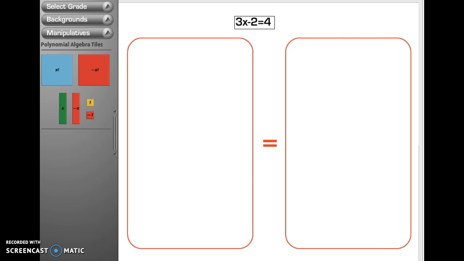Since I don't have a document camera here at home for me to use with you, I found a wonderful site from Glencoe that offers virtual manipulatives and our virtual algebra tiles. They're slightly different colors. If you notice, all the negatives are in fact red, just like the ones we have in our physical manipulatives, but the positives are blue, green, and yellow. So just keep in mind that ours are all blue for positive and all red for negative,